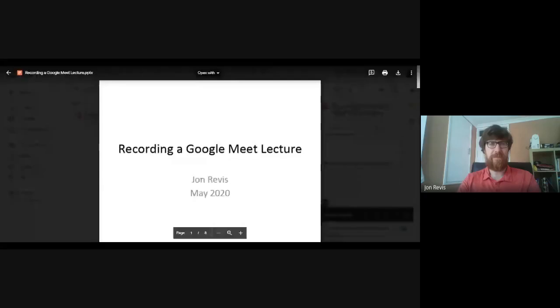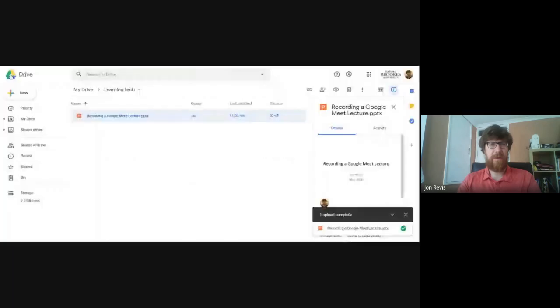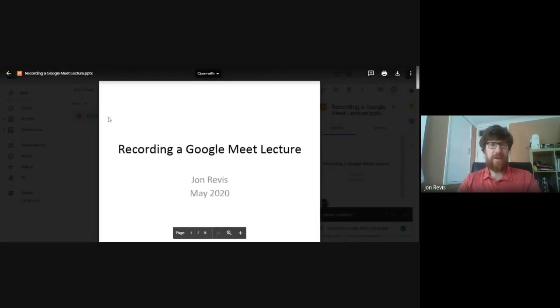In a Chrome tab, if you go to your drive, it will look like this. I've got a folder on my drive called Learning Technology. If I click on it like that, it says record a Google Meet lecture, and it gives you a preview, and you can click through that absolutely fine. But what you want to do is click on Google Slides, so open with, there at the top, Google Slides,